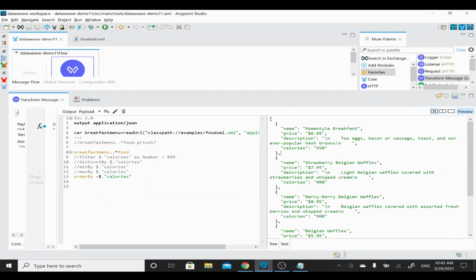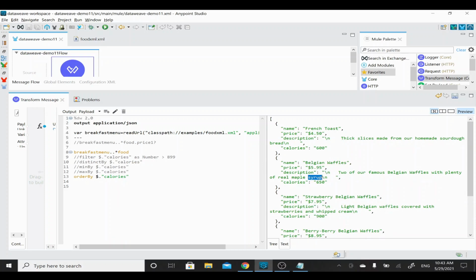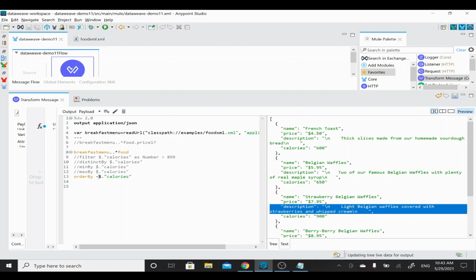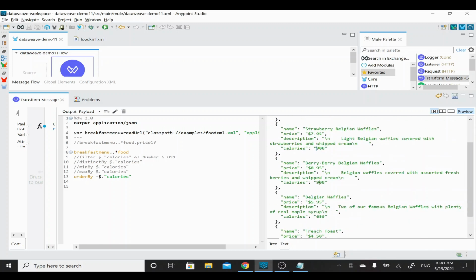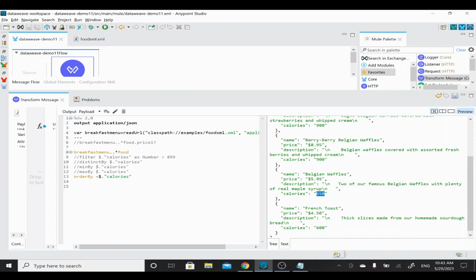When I remove this minus, 600, 650, 900 is coming, because it's in ascending order. If I add minus, and it's a numeric value, it gives a descending order: 950, 900, 900 again, and 650 and 600. So it's in the descending order when you apply minus.